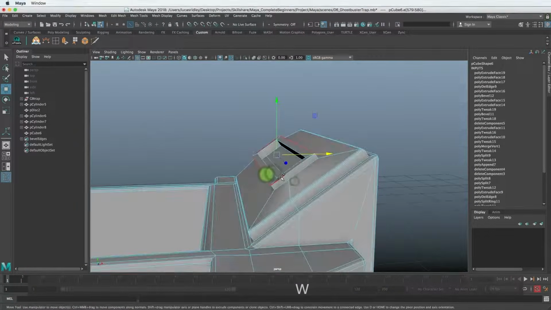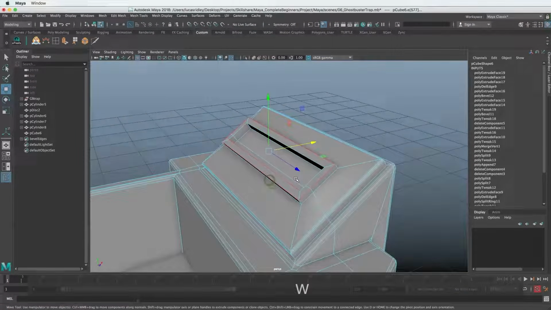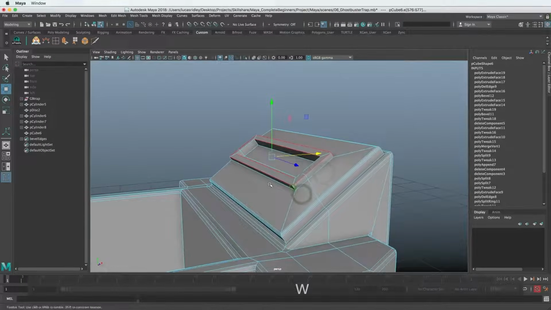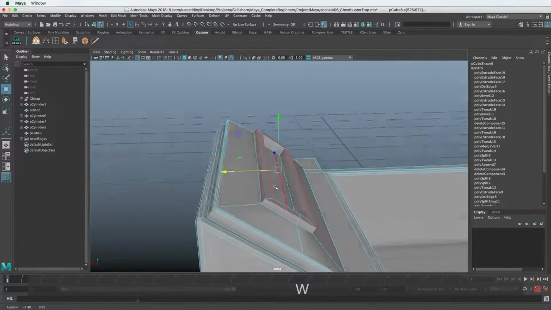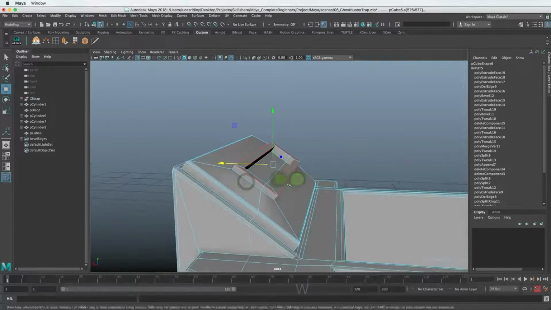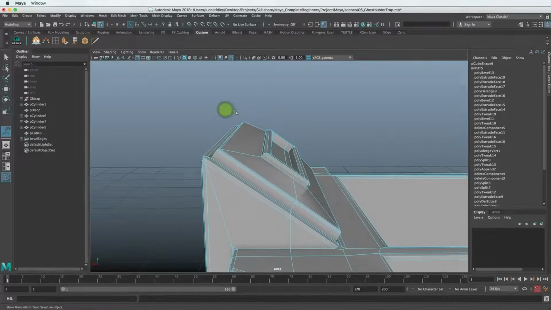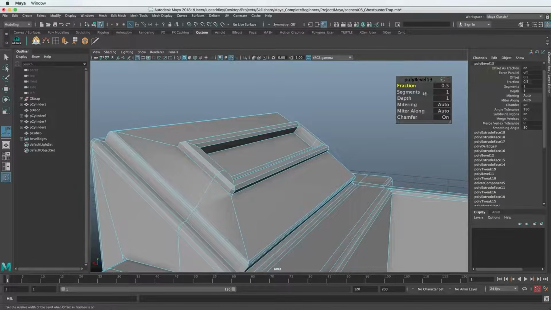And in the next lesson, I want to show you a very interesting way to model a chord, something that kind of has like an organic shape to it. And even though we're doing hard surface stuff, a lot of hard surface things like mech type things have chords associated with them. So we want to make sure that we know how to do that if you're interested in the hard surface kind of arena.